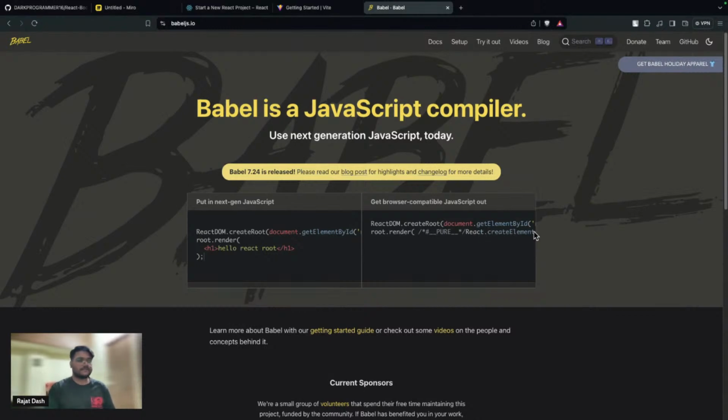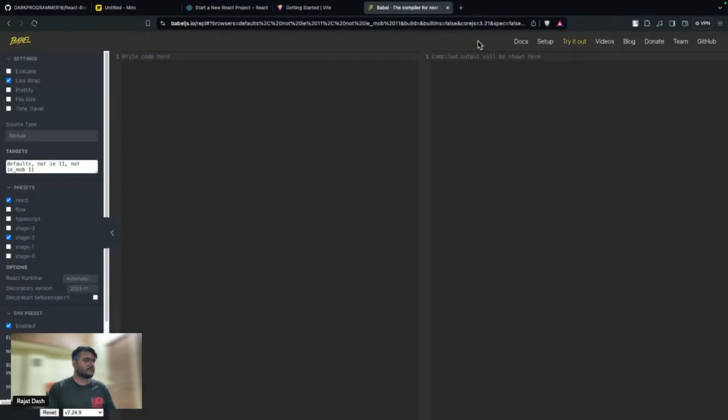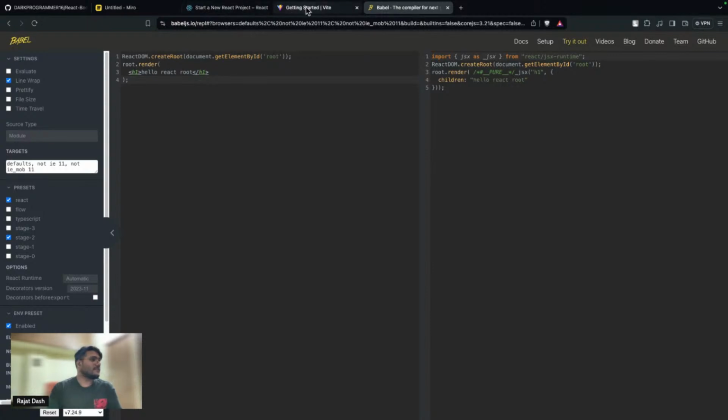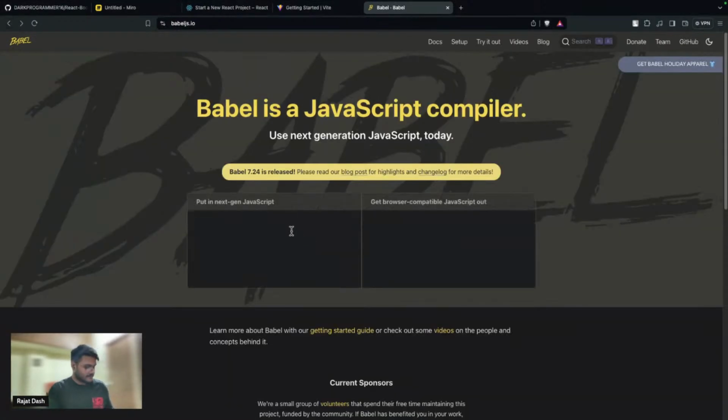How will I show you? Can you see this? ReactDOM.createRoot, document.getElementById, then it is making React render the children. I will show you a better example.